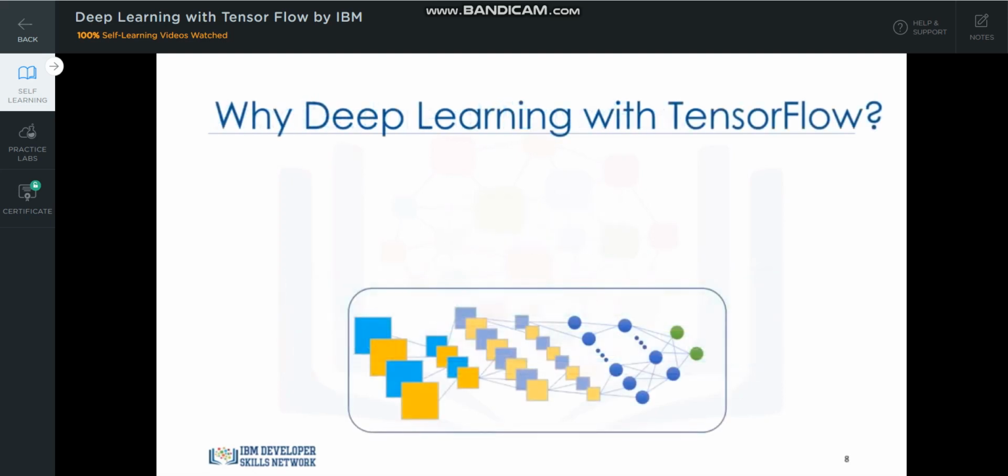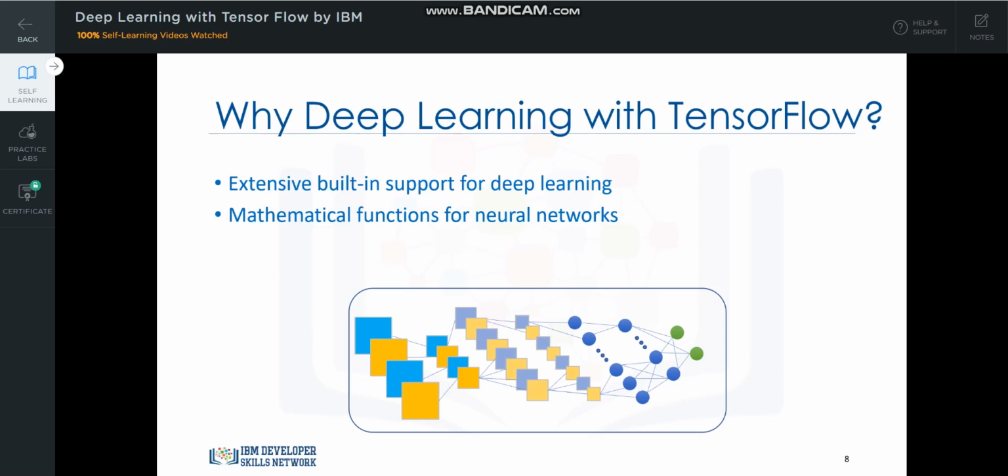So, let's briefly review the reasons why TensorFlow is well suited for deep learning applications. First, TensorFlow has built-in support for deep learning and neural networks, so it's easy to assemble a net, assign parameters, and run the training process. Second, it also has a collection of simple, trainable mathematical functions that are useful for neural networks. Finally, deep learning as a gradient-based machine learning algorithm will benefit from TensorFlow's